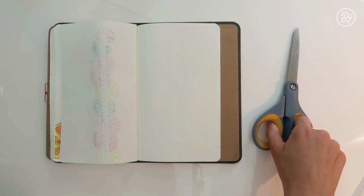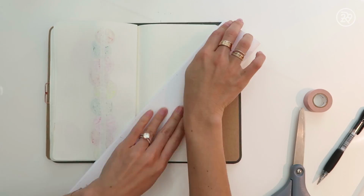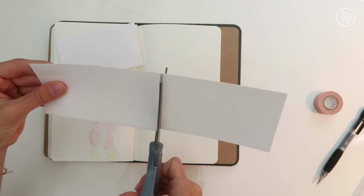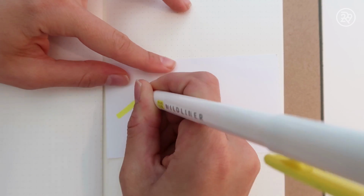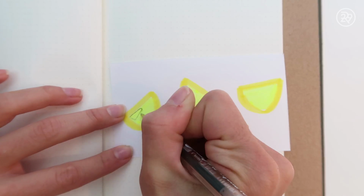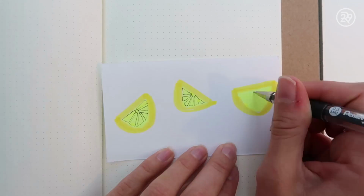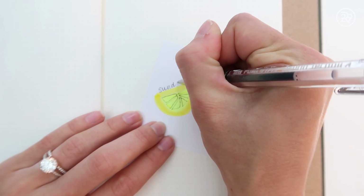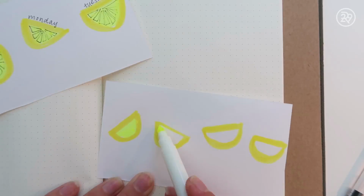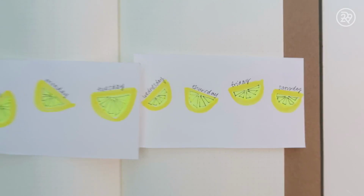On my next page, I got a little crafty. So I took scissors, some tape, and some paper, and I did a little folding and cutting until the paper was a perfect size to use as a header on both sides. This is for a weekly spread, so I drew 3 lemons on the left page for Sunday, Monday, and Tuesday. I filled them in, outlined them, and then wrote the days of the week above them. And then I made 4 lemons on the next page, filled them in, outlined them, and added Wednesday, Thursday, Friday,